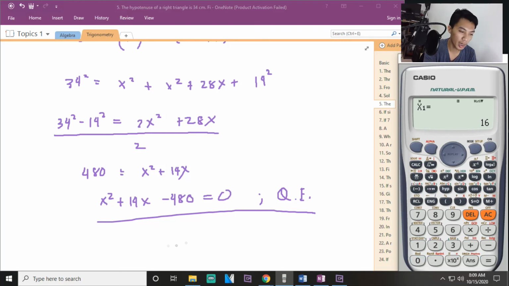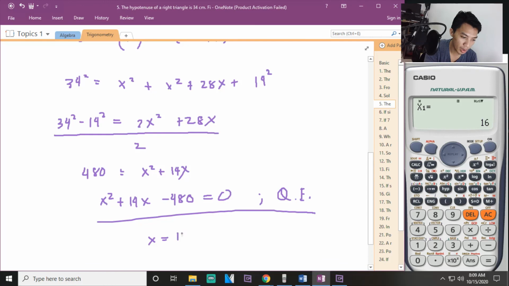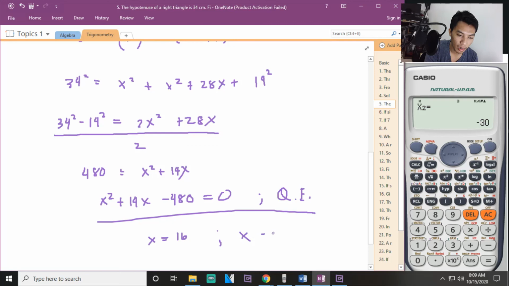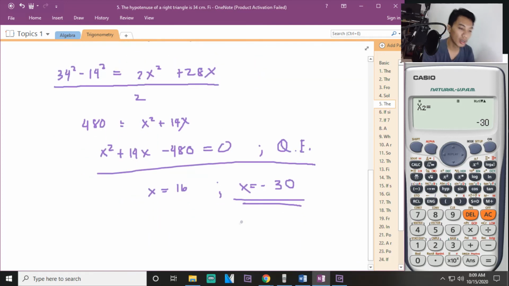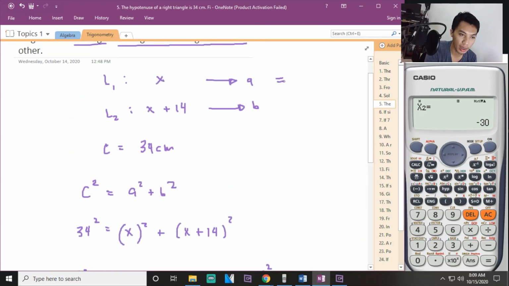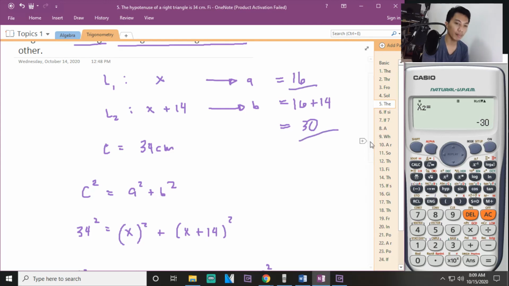The answer is x is 16, and the other is negative 30. So, this value cannot be used, because it is negative. That means its value is absurd. So, the answer is that the leg is 16. So, going back, x is 16. The other leg is 16 plus 14, therefore, 30. So, the legs of your triangle are 16 and 30. That will be for problem number 5. So, we'll take a